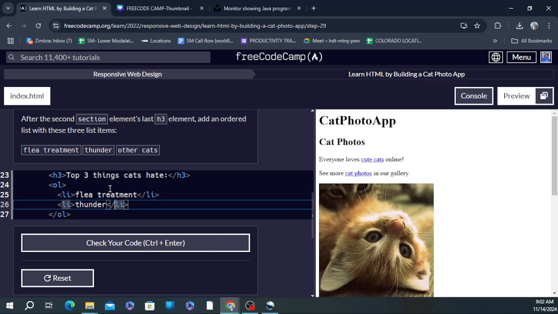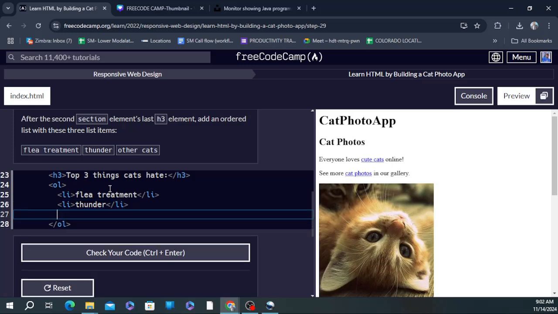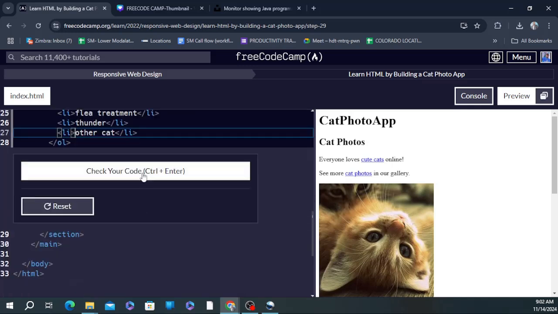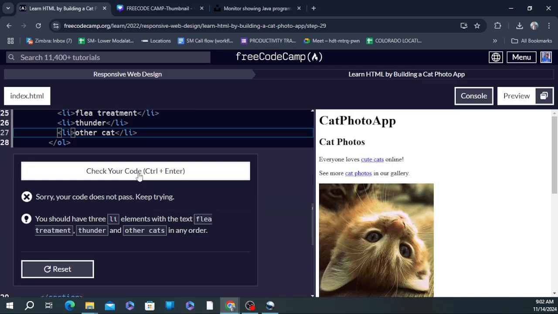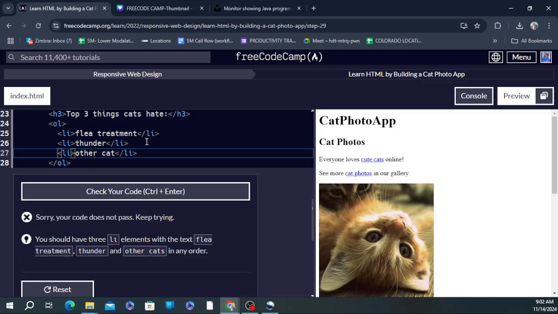Now the third li is gonna be ordering cats. Okay, so now I can check the code. It says the ordered list should have 3 li. Yeah, I have 3 li